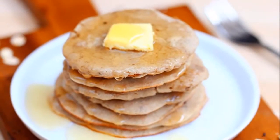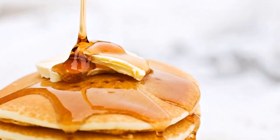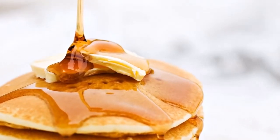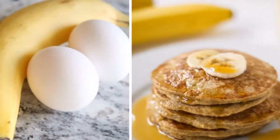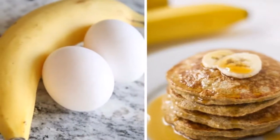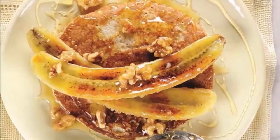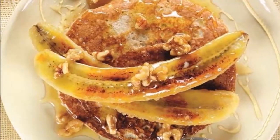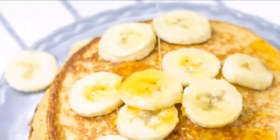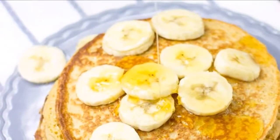Health benefits of bananas. We all love bananas, right? Bananas are delicious, nutritious and malleable fruit. We all know that bananas can be easily added to a variety of recipes and work great for giving pancakes a solid shape. They contain a significant amount of fiber and also several antioxidants. Some of the vitamins, minerals and other nutrients found in bananas include potassium, vitamin B6, vitamin C, magnesium, copper, manganese,